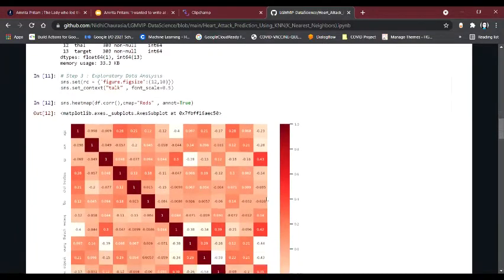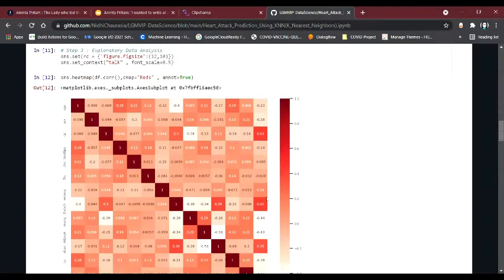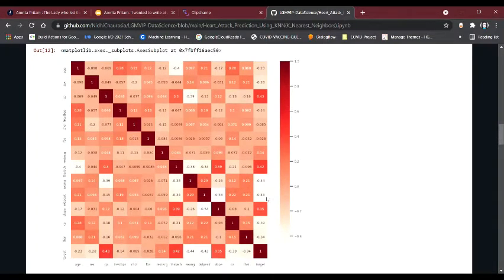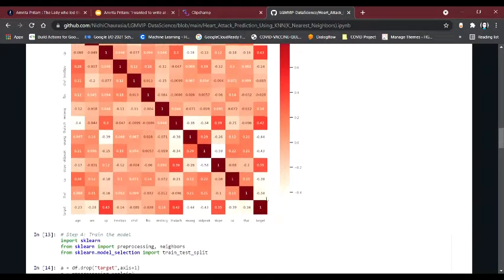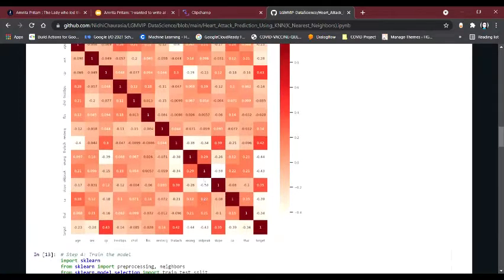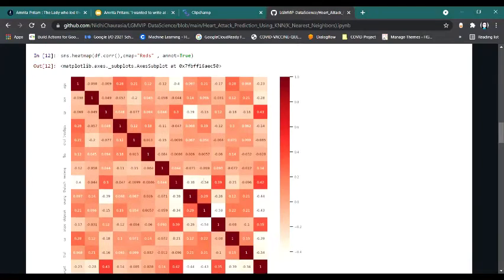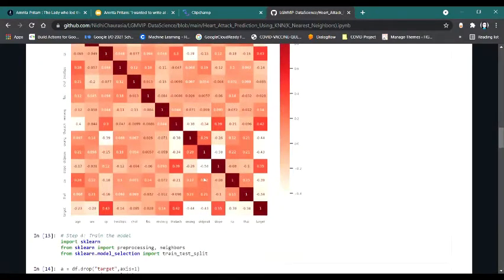This is the heat map that denotes the age and the sex of the people that have suffered from heart attack at various ages.